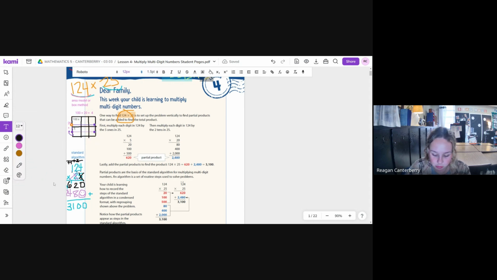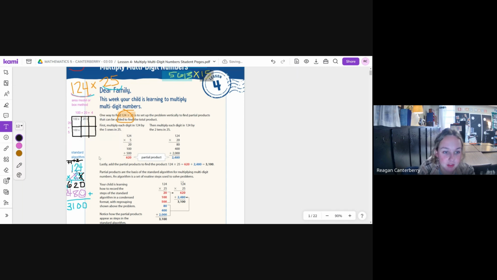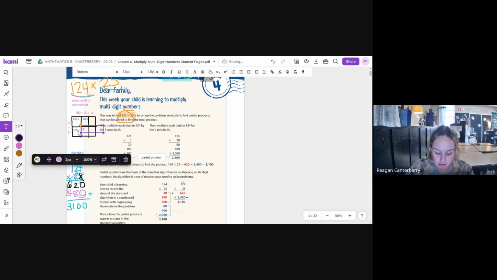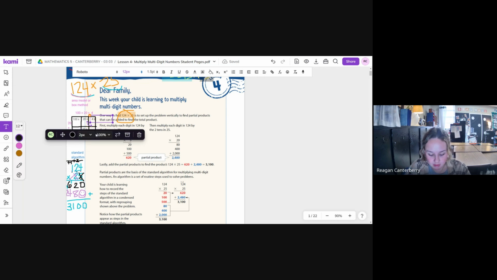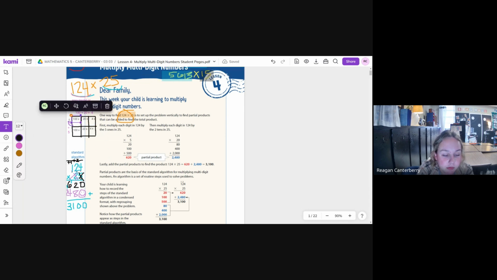And this will get a 100 times something because it's below 100. Okay? This section has a 20 above it, so it gets 20 times something. And this will be 20 times something because it's below the 20. And these are both below the 4, so I get 4 times something and 4 times something. So that's the first part of the equation for each of those. To get whatever it's multiplied by, I look at the side of the box. So since this one and this one are all beside the 20, it's going to be 100 times